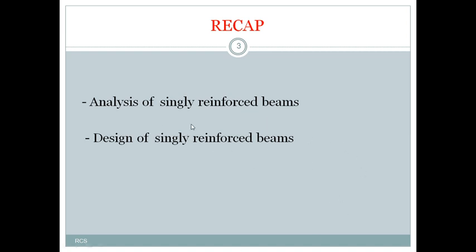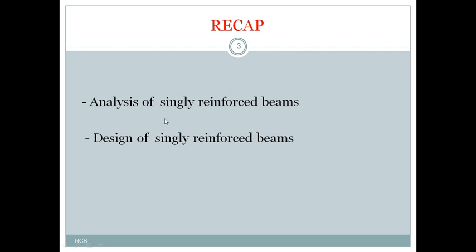This is the case for simply supported beams and cantilever beams. In a simply supported beam, generally the tension zone occurs below the neutral axis, and for the cantilever beam the tension zone occurs above the neutral axis. So in a cantilever beam we will provide the steel reinforcement above the neutral axis. Right. So what do we mean by analysis of singly reinforced beams? Here in this analysis, ultimately we have to calculate the moment resisting capacity of a particular beam, whether it is a simply supported beam or a cantilever beam.